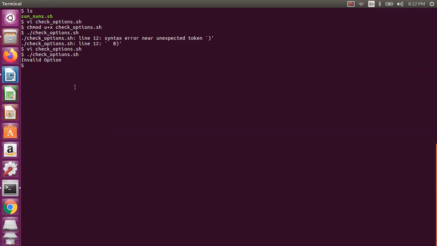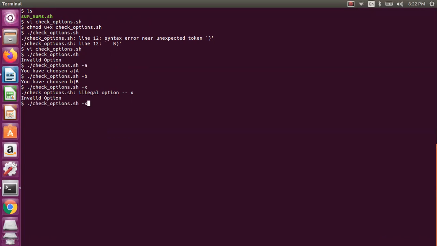It says invalid option because I have not passed any option. Now I say minus a, then it will tell you you have chosen A or capital A. If I say minus b, it says you have chosen B. If I say minus x, it tells you invalid option because we have not supported that option.